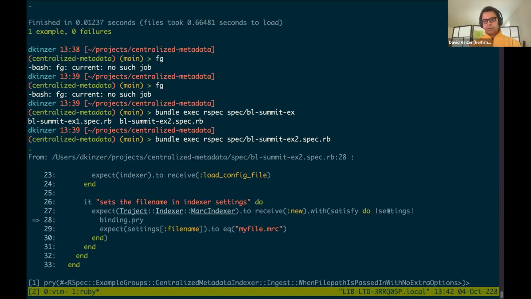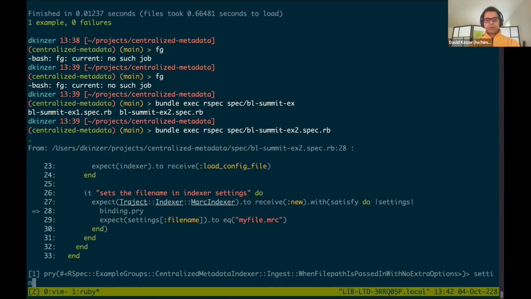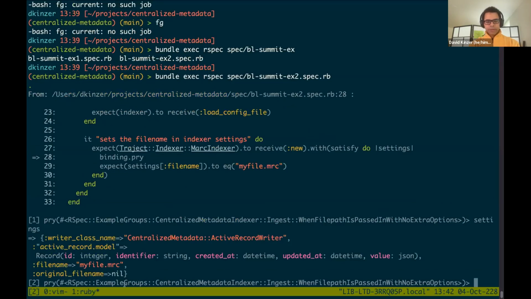I'll call it settings here, but this could be any value. Let's see what settings looks like. It looks like this, right? So you see that it's a hash, or a dictionary, in other words. This value here would be really easy to test, but something that's not as easy is this ActiveRecord model